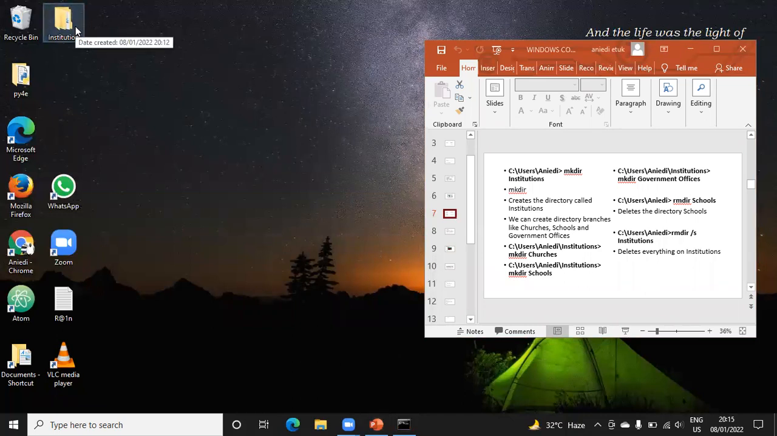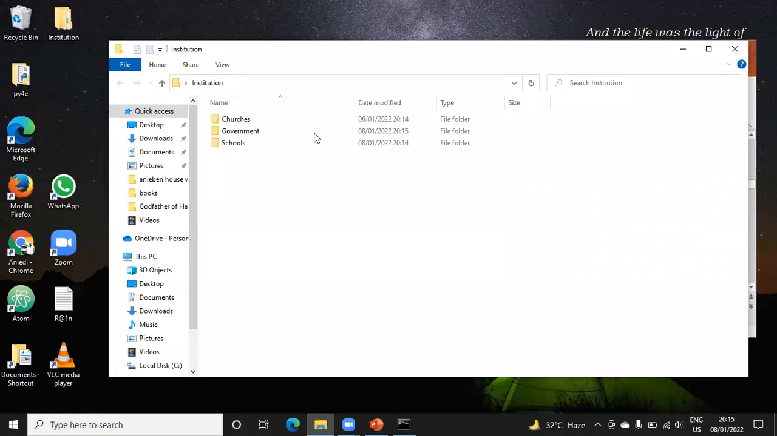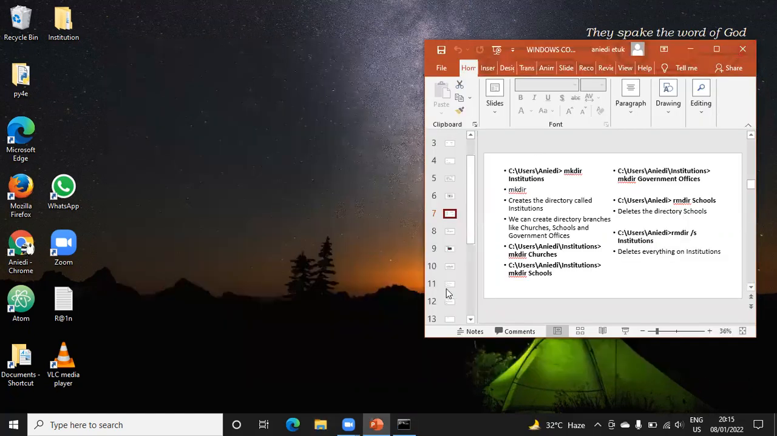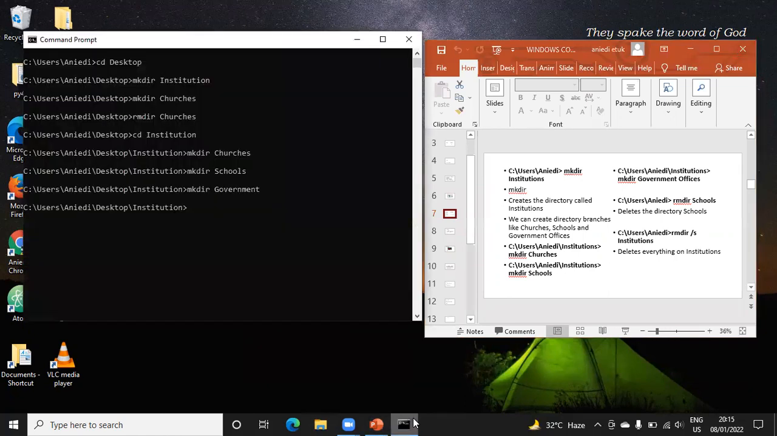Under institution, if I go to my desktop and open it, you can see there are subdirectories inside. The institution becomes the parent directory. So we now have churches directory, government directory, schools directory, under institution. The next thing we should do is